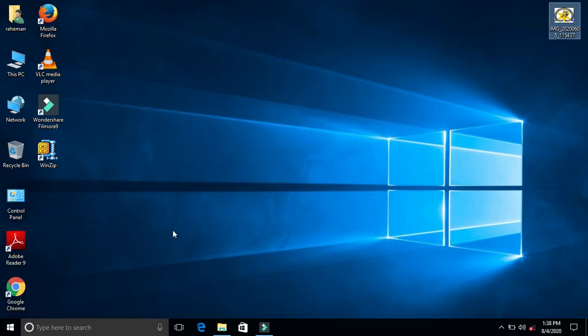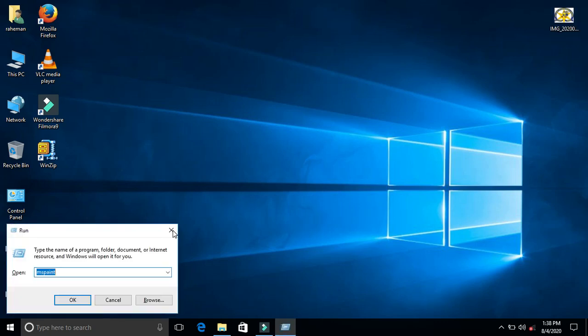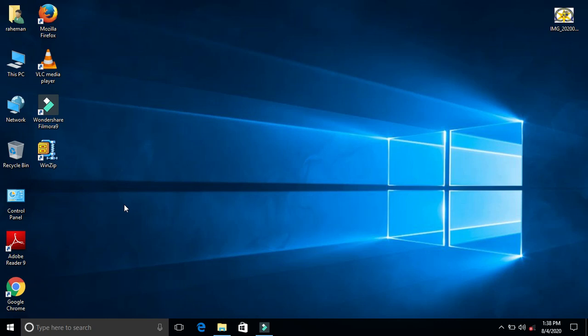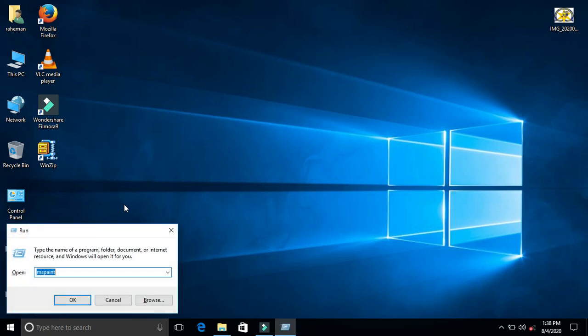Something else I am doing here is with the help of the Run program. You can also open, for example, MS Paint using Run. You can open different things from here, like Paint.